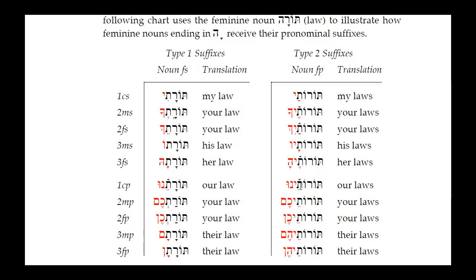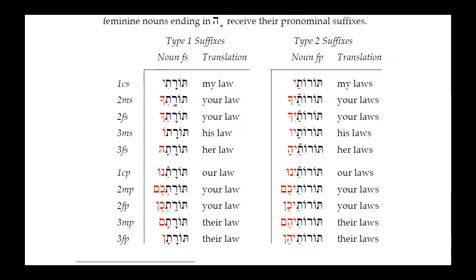Torotenu, our laws. Torotechem, your laws. Torotechen, your laws, second feminine plural. And then Torotehem, their laws. And Torotehen, their laws, third feminine plural here. So all we do here is, in the comments hey ending for Torah, it drops off when you go into